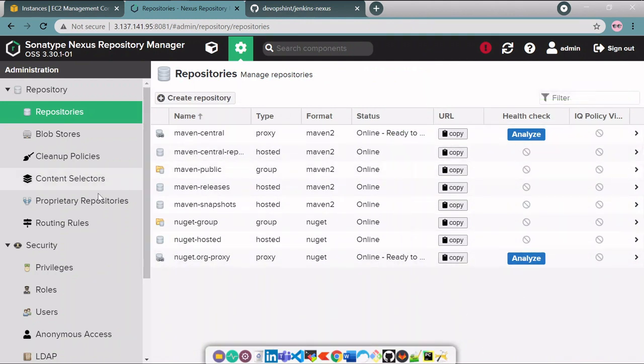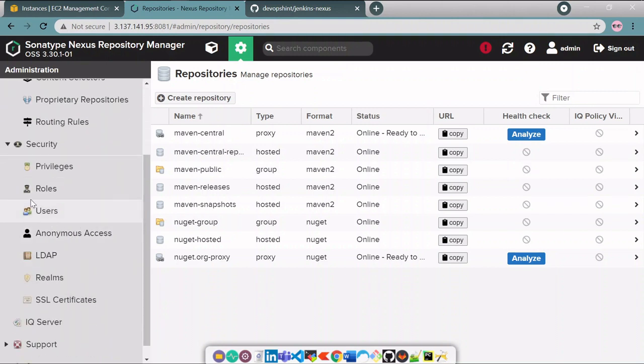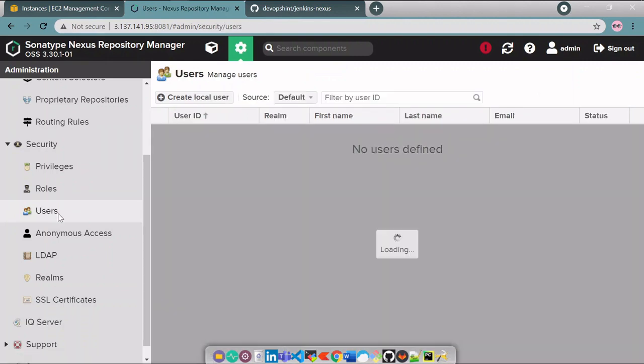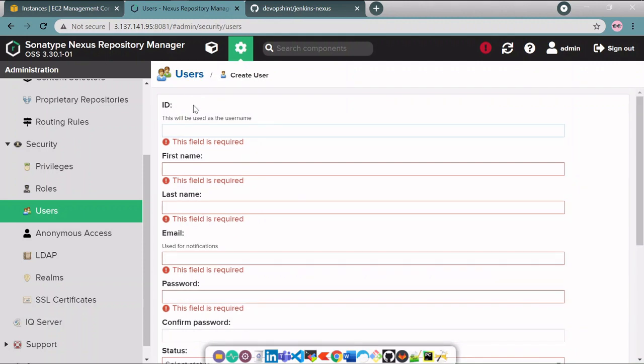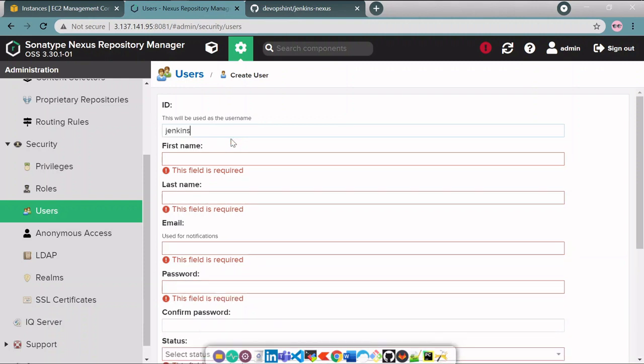So now let's create a new user. So here scroll down and you can see in security the users. So click on users and click on create local user. So give an ID like jenkins-user.